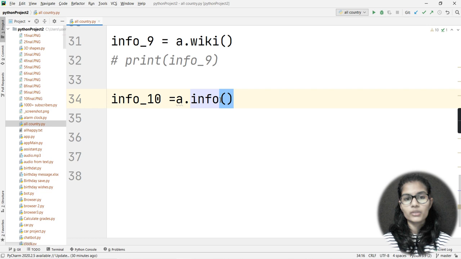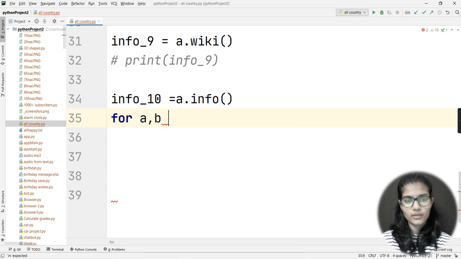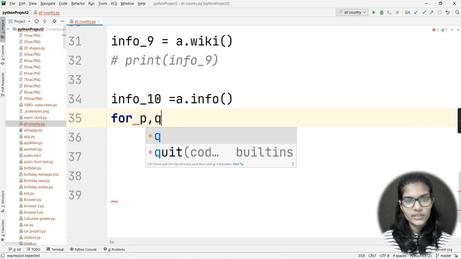In that case, it is foolishness to make n number of variables and use different functions on them. So in that case we can simply use this single function, that is info, for getting the whole information. Come downside, and simply I would apply the for loop. So for, let's say, a comma b. Okay, a I have already used, so I will write, let's say, p comma q.